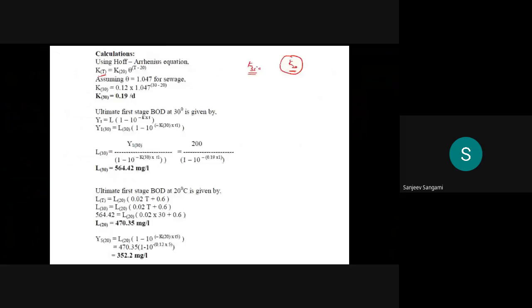To find out, we require K at 30 degrees centigrade. We don't want K at 20 degrees centigrade. K20 they have already given. As I already discussed in the previous class, the K20 value will be given. Suppose if they want K at 35, you have to calculate it using this equation. So first, by assuming the theta value as